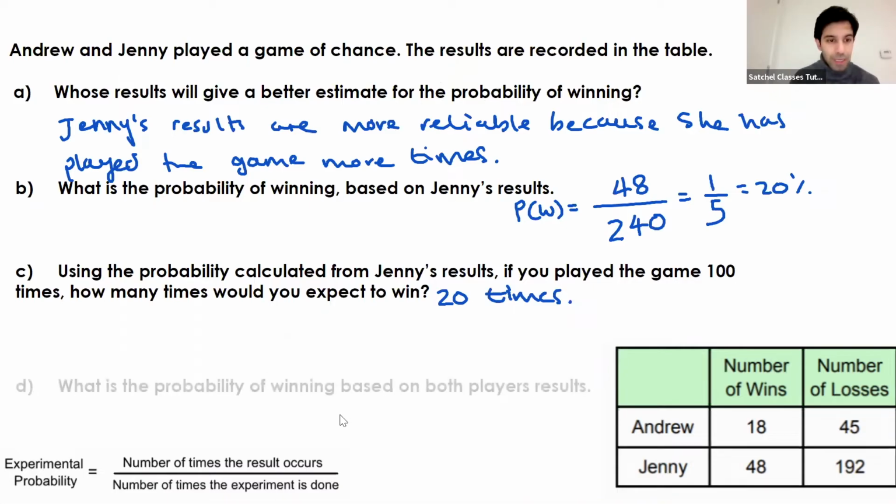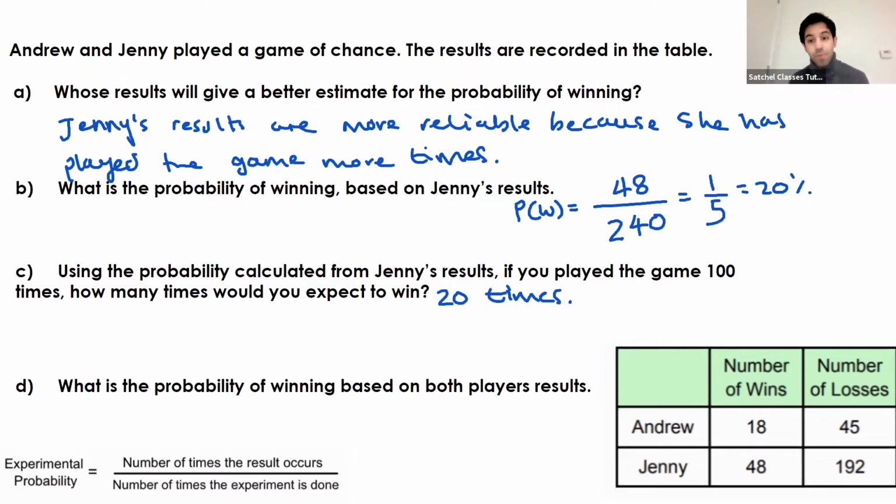All right, do we have one more question? Yes, we do. So it says, what is the probability of winning based on both players' results? So in total, how many times have they played the game? So we have 240 plus 45 plus 18. That is going to give us 303. So they've played the game 303 times between them. And how many times have they won? They've won 58, 60, 66 times in total. So the probability of winning based on both players' results is going to be 66 over